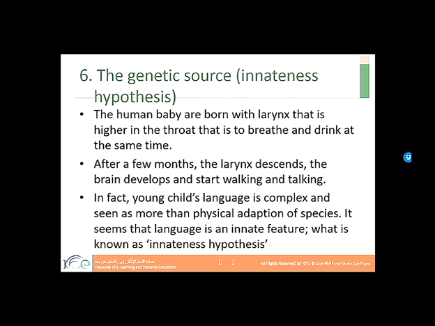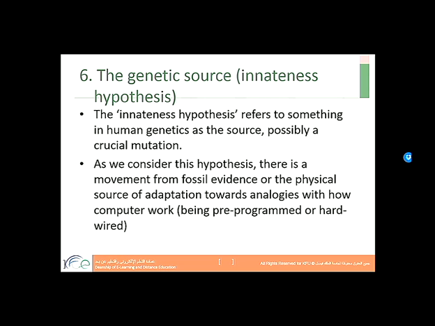This is what is known as the innateness hypothesis, which some scholars claimed. Innateness refers to something internal. So the innateness hypothesis refers to something in human genetics, in the genes, as the source of language.